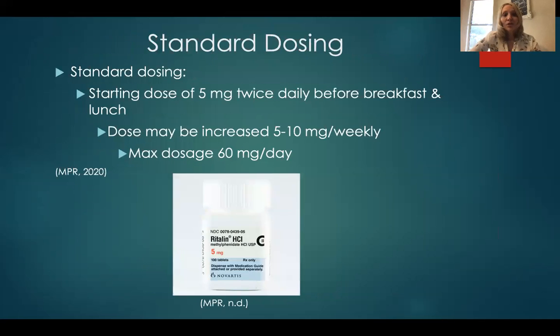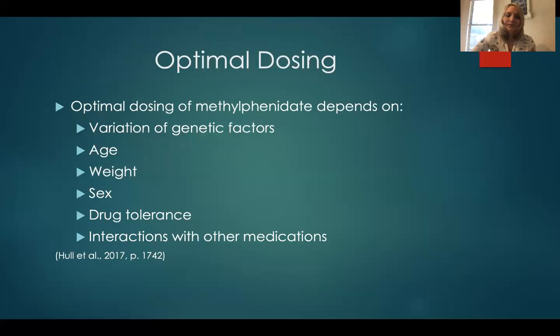Standard dosing. You're going to start with a dose of 5 milligrams twice a day before breakfast and lunch. The dose may be increased 5 to 10 milligrams a week, with the max dosage being 60 milligrams per day. The optimal dosing of methylphenidate depends on some different things. So we're going to look at a variation of genetic factors, age, weight, sex, drug tolerance, and interactions with